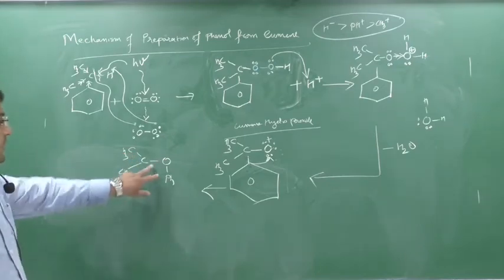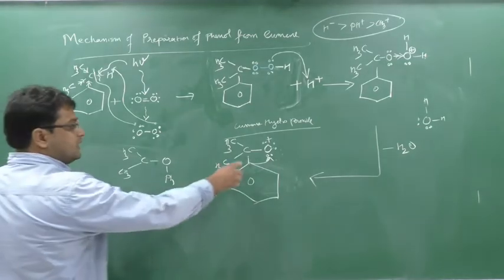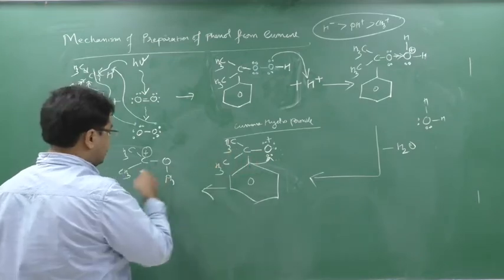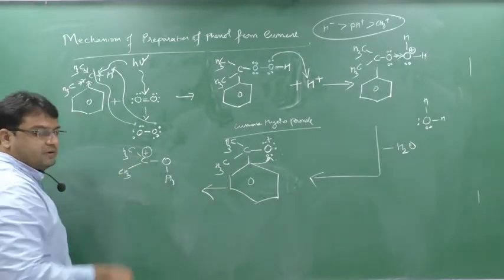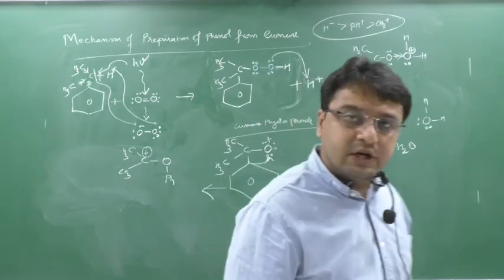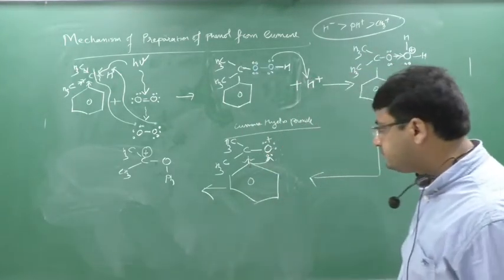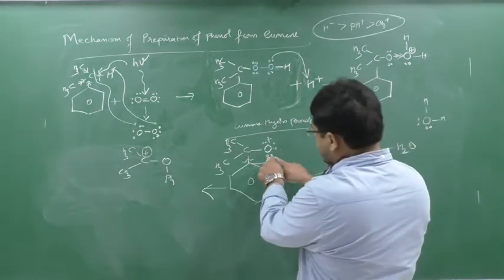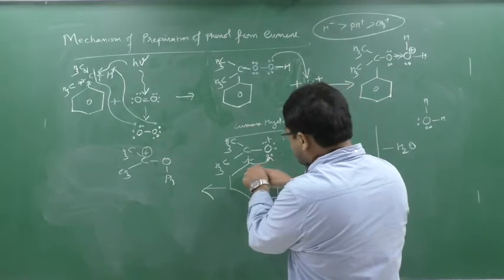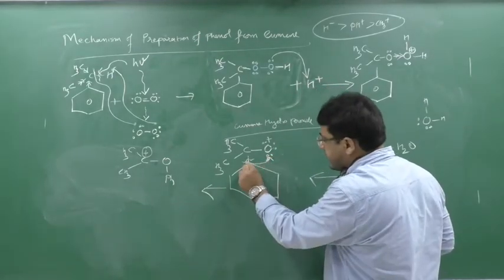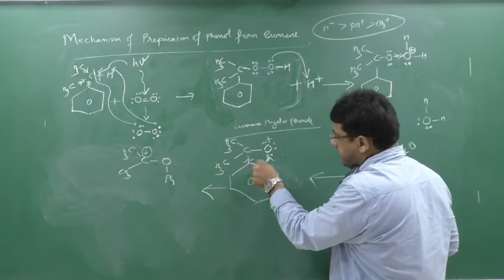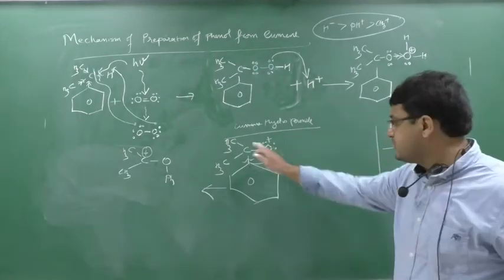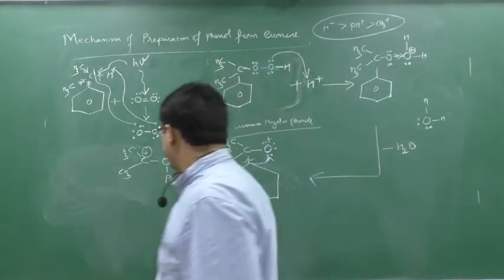Now see, oxygen is having a double bond, so no sign will come. Now see, here a carbocation will be generated because the bond is broken, no? So carbon will release this bond, so 1, 2, 3, here carbon will form a positive charge. So here a carbocation will be generated because this cleavage will take place, no? Yes or no? So phenyl will shift here. When phenyl shifts here, the electrons are donated to this phenyl ring. So electrons will be accepted by the phenyl ring and this electron will be taken by the carbon, and carbon will create the positive charge. Because he has taken the electron and gone, no?